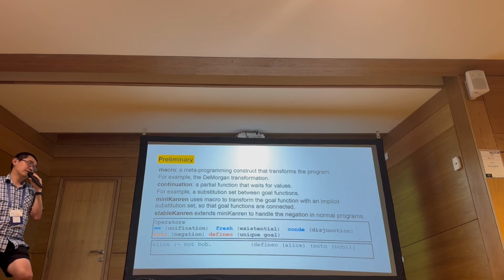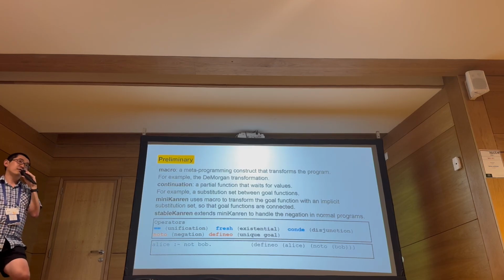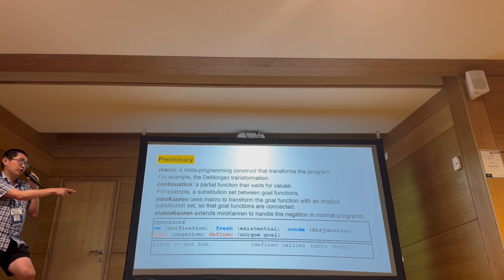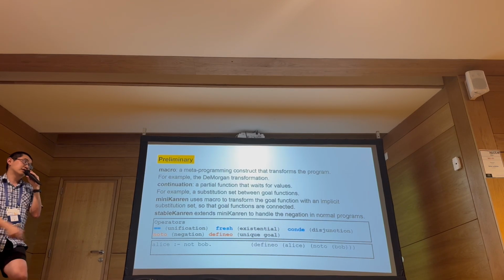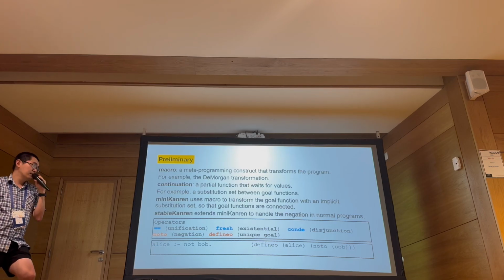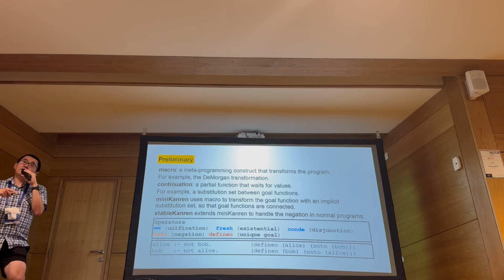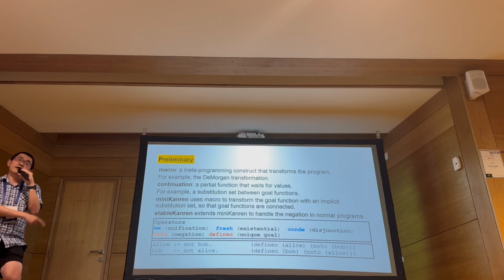Now here's the connection between the logic programming FLoC syntax and the stableKanren syntax. On the left-hand side, we have the FLoC-style logic programming code saying that Alice can go somewhere if Bob is not going. Written in the stableKanren format, it is a define, and it's slightly extended, but this is the whole program. It's basically making a choice: we can only choose one of Alice or Bob to go to the numbers, but they cannot go at the same time.